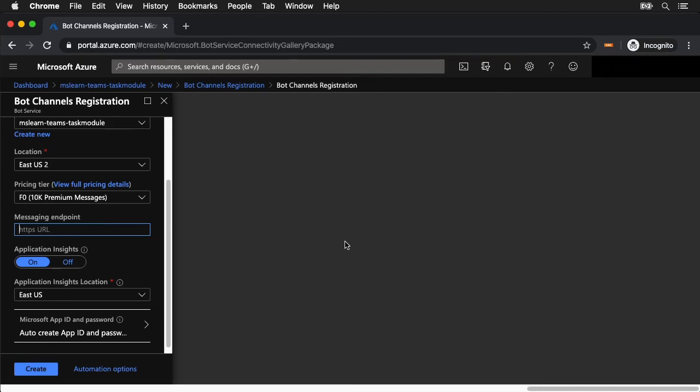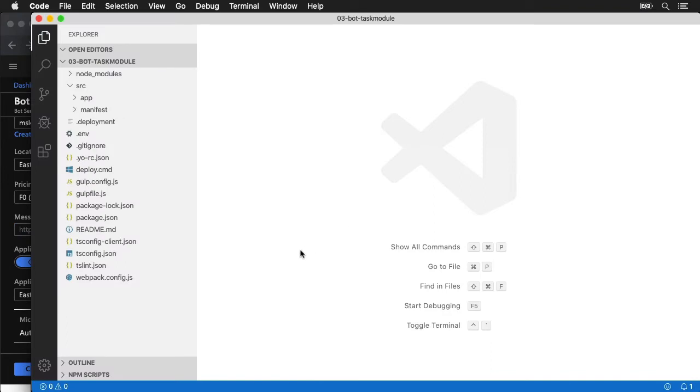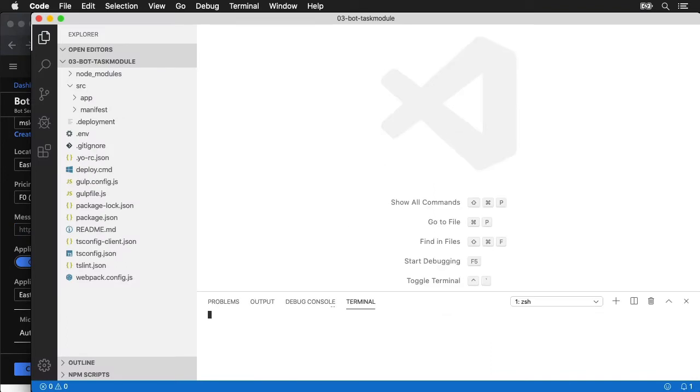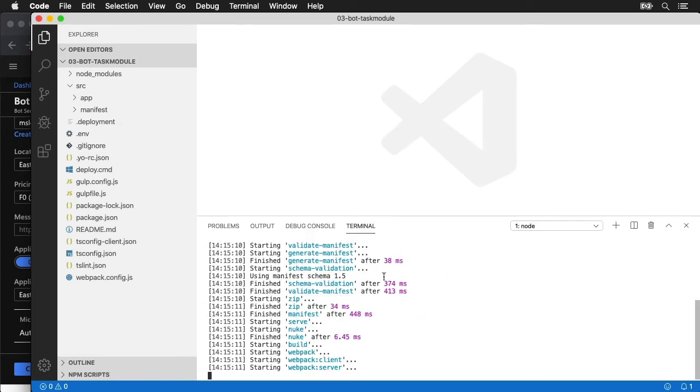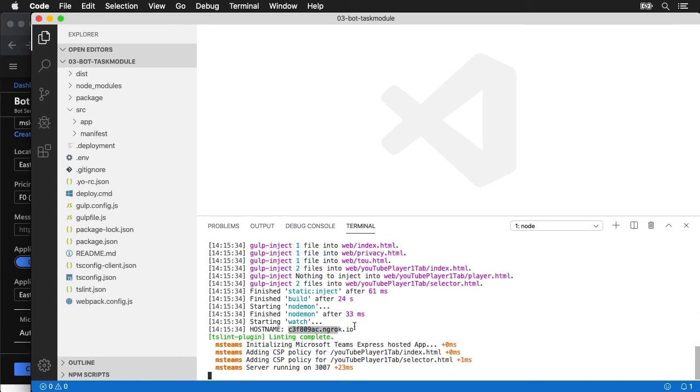So one of the things I need to do is let's go see what my ngrok URL is going to end up being. So I'm going to go ahead and spin this up now. I've already created my app, so I may end up having to change this later. But we're going to go through and say gulp ngrok serve. Because this URL that it gives us is dynamic unless you have a paid ngrok account. So I may have to come back and update my bot in a little bit with the URL we're about to specify. All right, so we'll just grab this URL right here